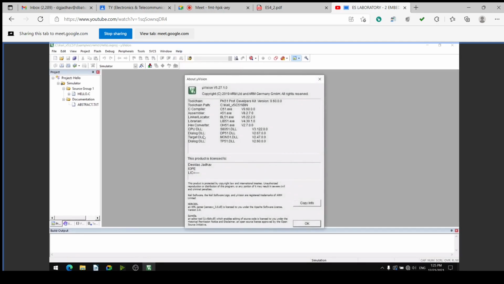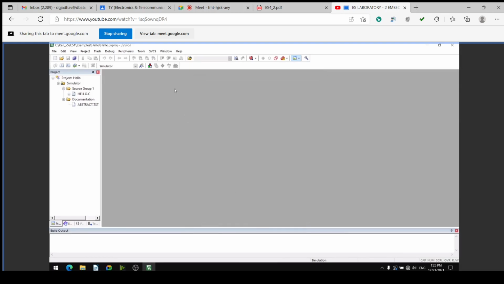In the about version, we can see the details of the version which we are using, Microvision v5.27.1.0, and then the C compiler C51.exe, its version v9.60.0.0, then assembler A51 version, linker, library, hex converter, all this. Then the product license details. We can copy this, save it, paste it into any document and check it. Okay, for our purpose, I'll close this.